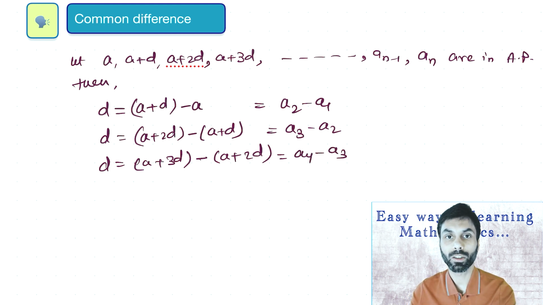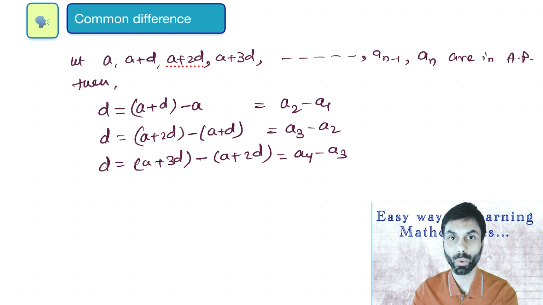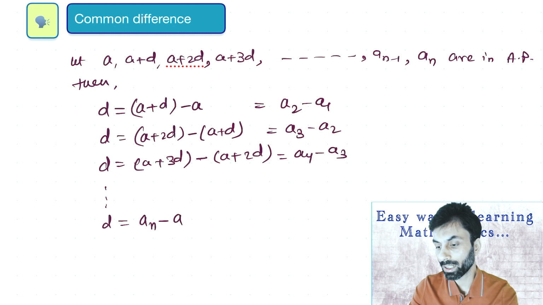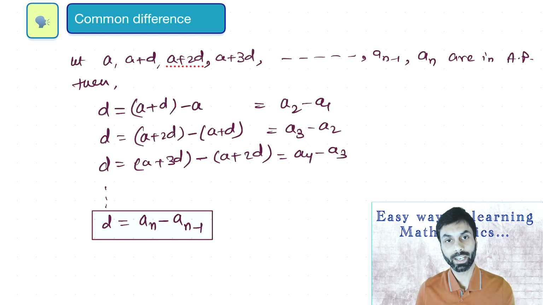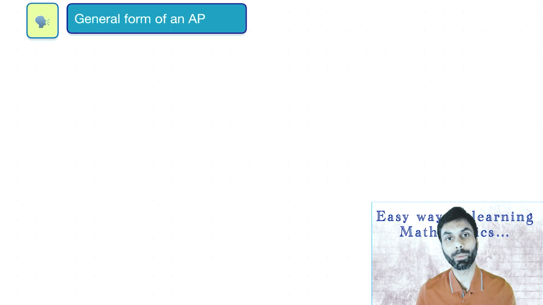So what we see here is the common difference can be obtained by subtracting the preceding term from the next term when two consecutive terms are known. So if you try to write a general formula for common difference, it will be d equals an minus a(n-1). Using this formula, we can find the common difference if we know any two consecutive terms of an AP. Moving to the next part, where we'll be talking about the